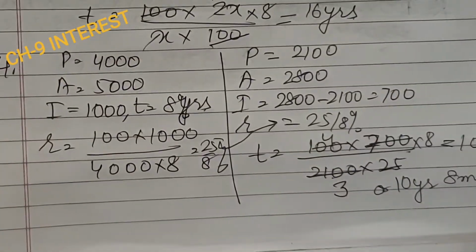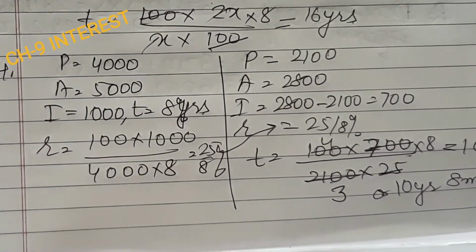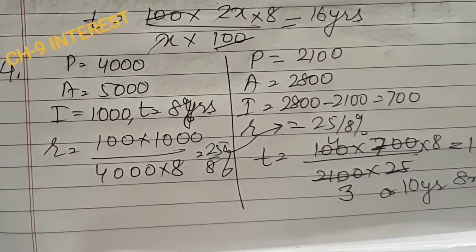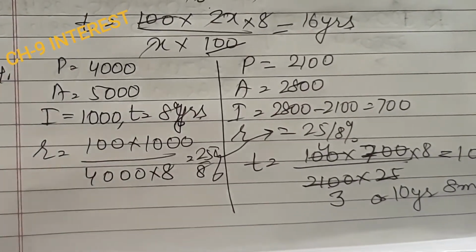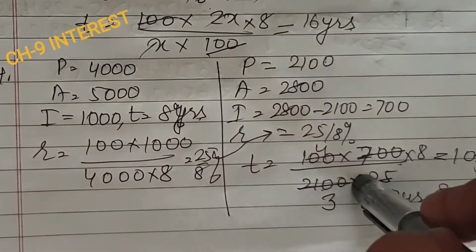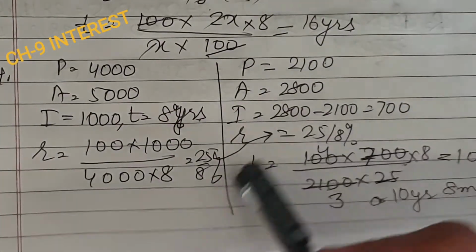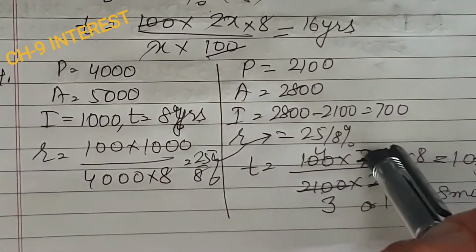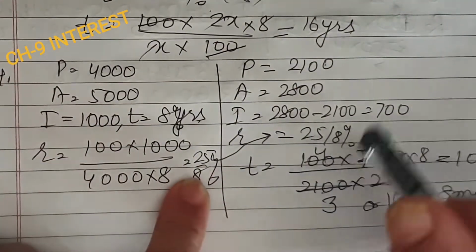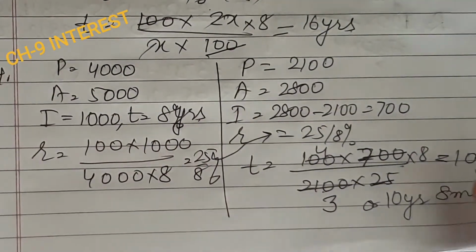In the next question, you are asked that money borrowed is 4,000 and it amounts to 5,000 in 8 years. So at a certain rate of interest, and that rate of interest is used over here, in what time will 2100 amount to 2800 at the same rate? So this is a double question. In the first part we will find the rate. Using this rate we will find the time. So two formulas are used in such questions. In question number 5, again the same.